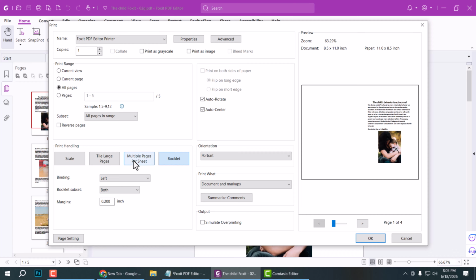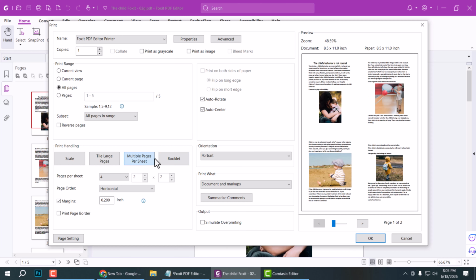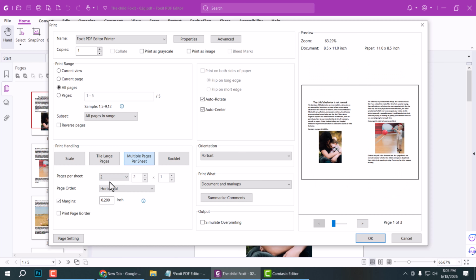and this is the multiple pages per sheet option. Click here. You can print 4 pages on a sheet, or you can select 2, as horizontal or vertical and so on. You can say I'll select 2 pages per sheet. Now select OK